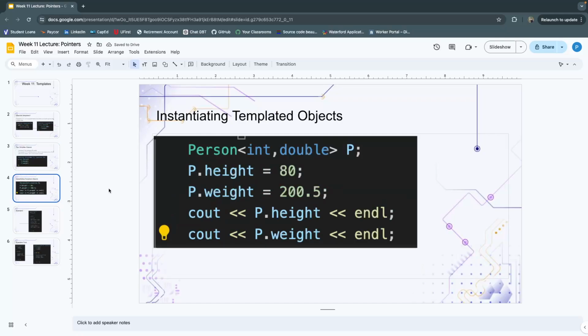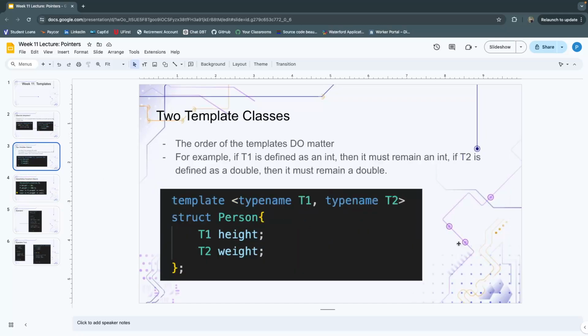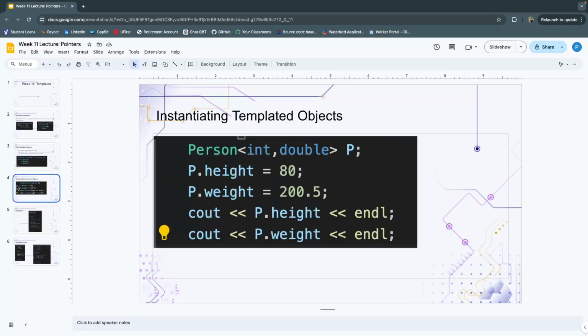Okay, instantiating templated objects. An object would be something like a struct or a class, right? It's this encapsulated container, and then I can declare an object of that. So if you look here with that person struct that I made earlier, I am declaring that object. It's of type person, but notice that I have to put the angle brackets, and then I have to put